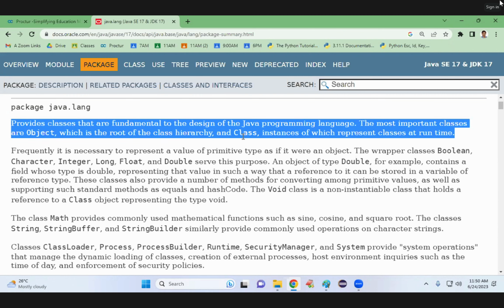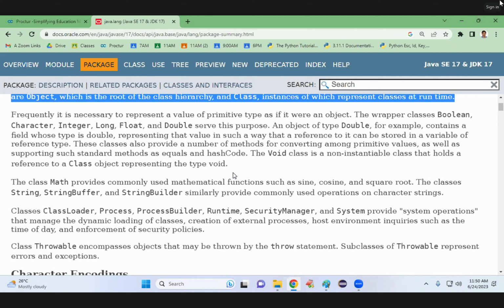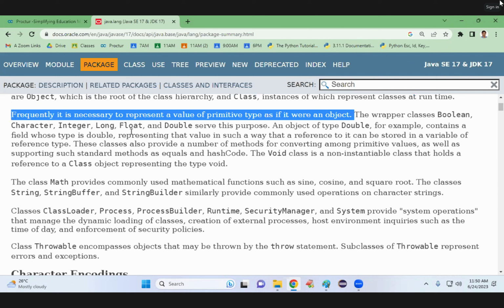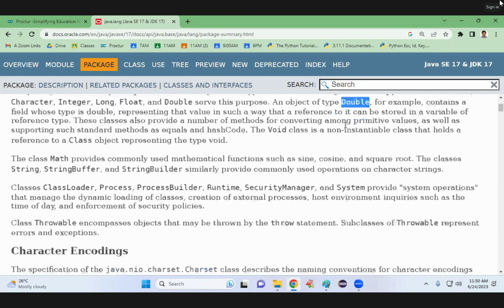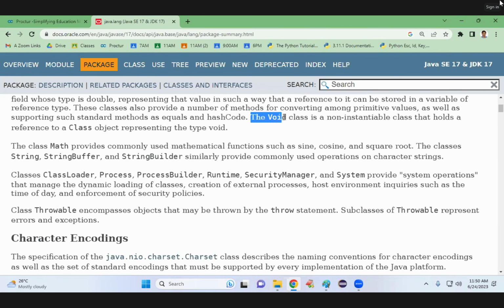How can we store the same .class file, the same bytecode, inside JVM? By using a Class object. Frequently, it is necessary to represent a value of primitive type as if it were an object. It is very important. Many times we have to represent a primitive value as an object. The wrapper classes Boolean, Character, Integer, Long are provided for this purpose. So for storing a primitive value as an object, we have several classes. Those classes simply contain the primitive variable for storing. Next, we also have a class called Void, capital V Void, for representing small v void, but it is